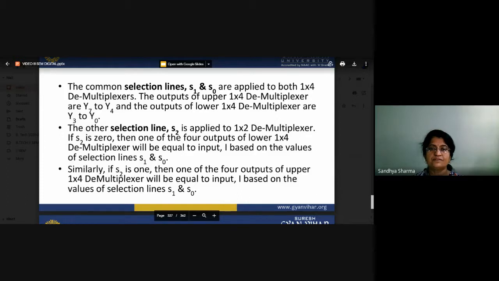If S2 is 0, then one of the 4 outputs of the lower 1 by 4 demultiplexer will be equal to the input, based on the value of selection lines S1 and S0. Similarly, if S2 is 1, then one of the 4 outputs of the upper 1 raised to 4 demultiplexer will be equal to the input, based on the value of selection lines S0 and S1.